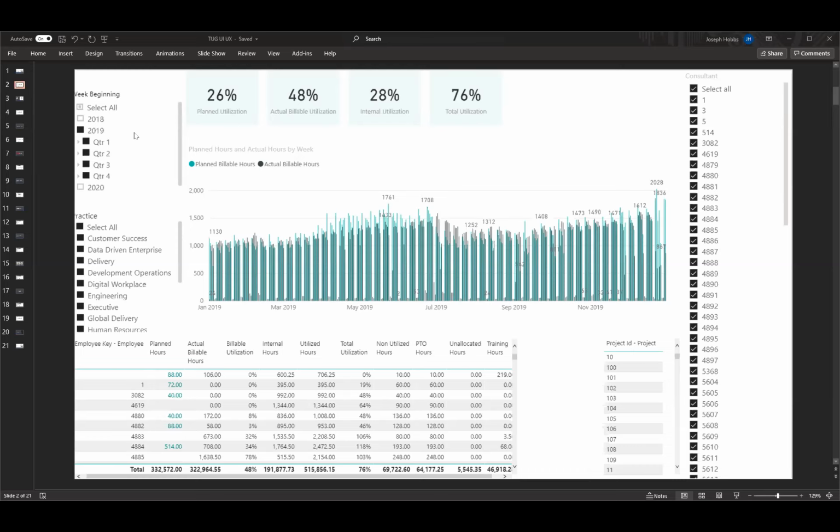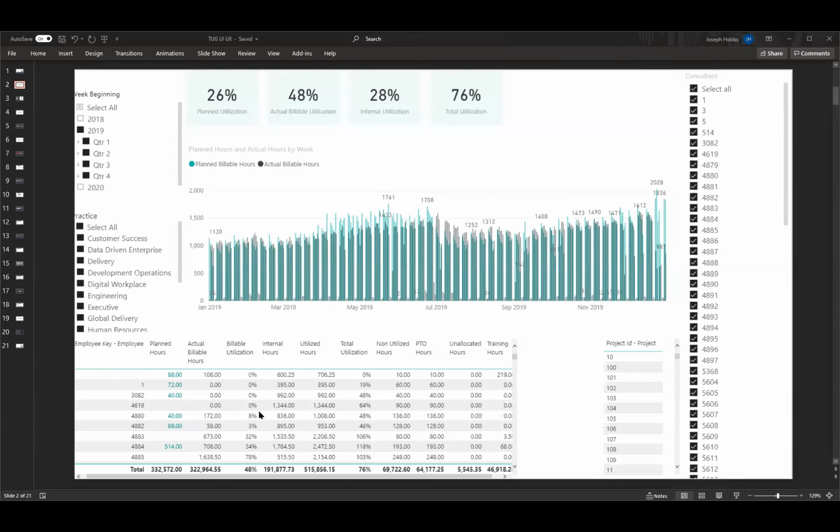We've got a date filter in the top left, and then we've got a group of employees. And then over on the right, we were able to pick a particular consultant. It was names, and I replaced them with numbers just to keep things anonymous and above board. You've got some KPIs along the top, and then over time, how the company is doing as far as what it planned to have as billable hours, and then what actually happened.